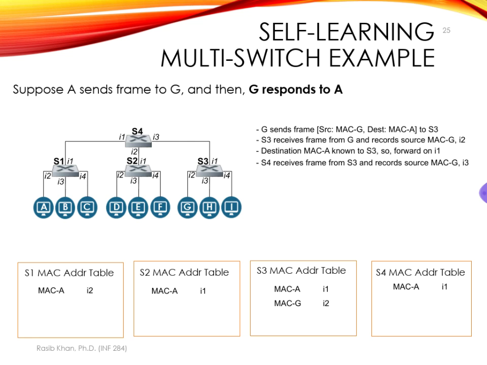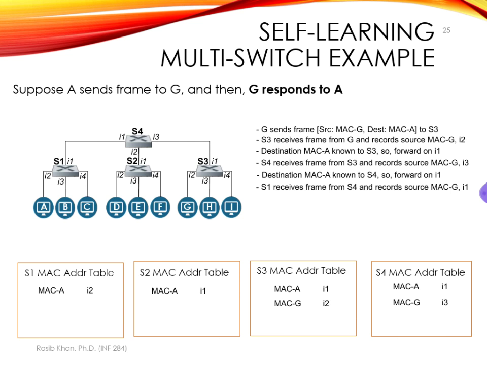So it will record the incoming link, which is interface 3, for MAC G. Next, it checks the destination MAC address, which is MAC A, and finds a record of MAC A in its MAC address table. And it sees that if anyone would like to reach MAC A, S4 needs to forward the packet out through interface I1. So the frame is forwarded through interface I1,